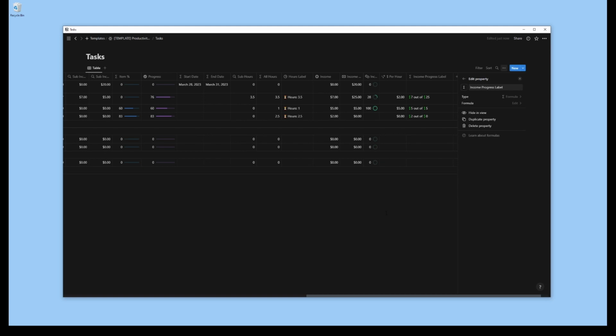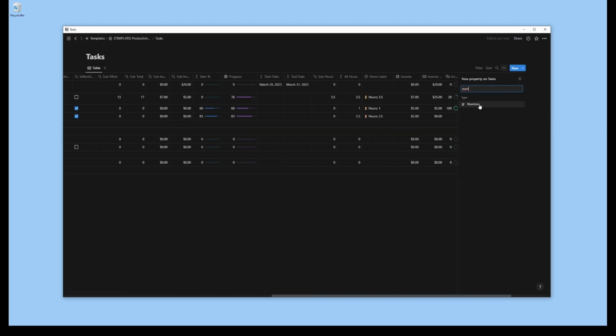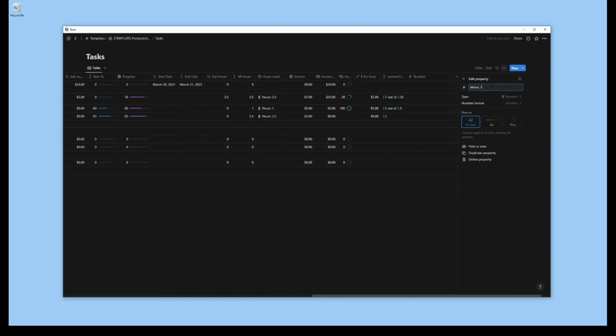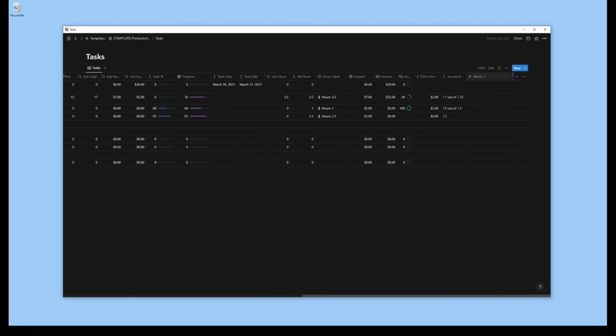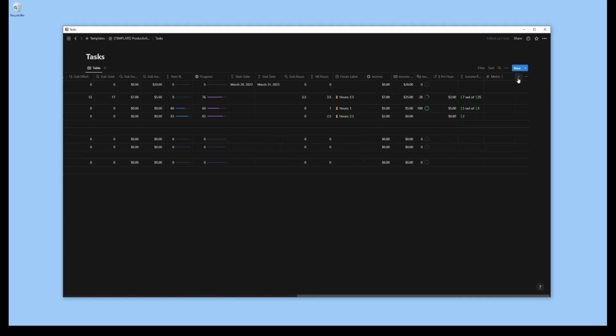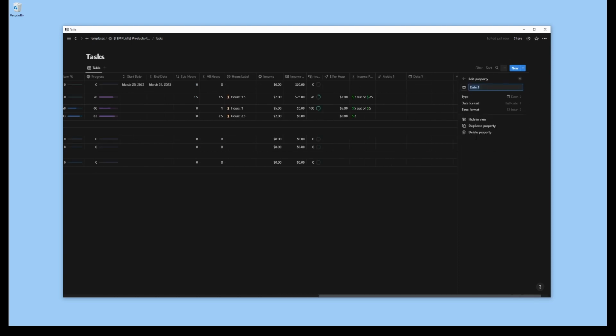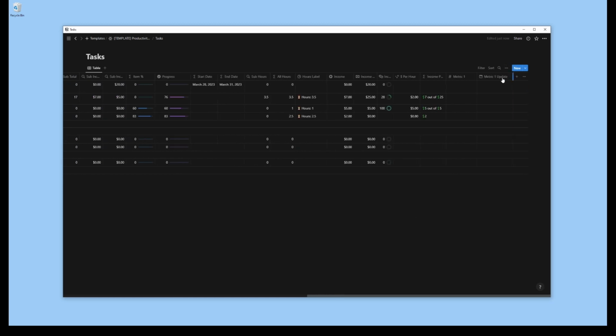and I kind of had content in mind for this, but you can use it for other types of metrics as well. And I just called this property metric 1, and you can rename it, but this could be used for tracking views, likes, watch hours, sales, whatever you want really. So I have the number property metric 1 where I am going to plug in the metric,